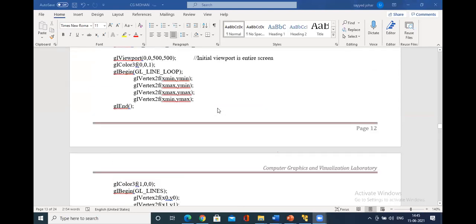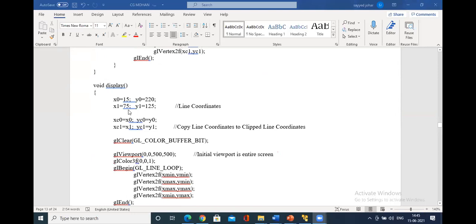When you call the display function, what is it going to do? You are going to create the line coordinates. This is the input that you are going to give. My line inputs are 15, 220, x1 75, 125. You are going to copy these coordinates to the clipped line coordinates. Initially you have to copy. Window is the same as viewport, no?